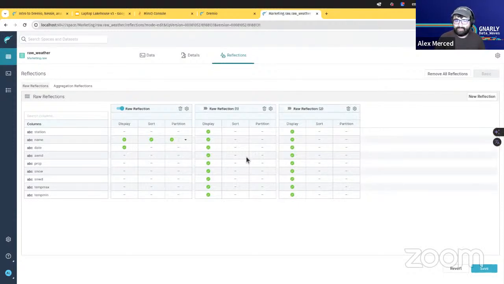But figuring out when and how to use it is becoming easier, because now Dremio has a reflections recommender. It'll monitor the queries on your cluster and then recommend which queries you should use it for. And second, we're working towards even more autonomous reflections, where basically, instead of you having to